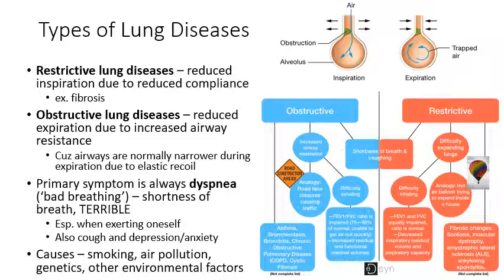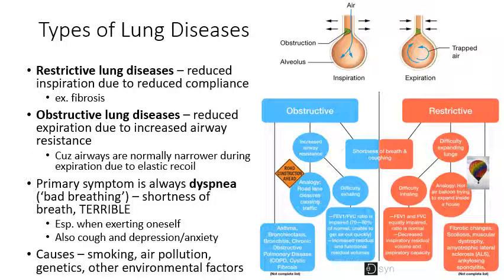One of the most common examples is fibrosis, right? So if you have fibrosis of the lungs, some of that elastic tissue is replaced with collagen, with a denser, regular tissue, which doesn't stretch the way that elastic tissue does, and that reduces the compliance of the lungs. That means that you can't get the lungs to expand as much when you're trying to breathe in, and that means you can't get a good pressure gradient between the atmosphere and the intrapulmonary pressure, so you have trouble getting